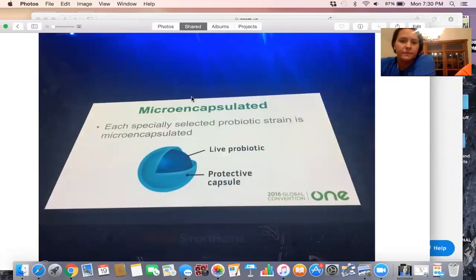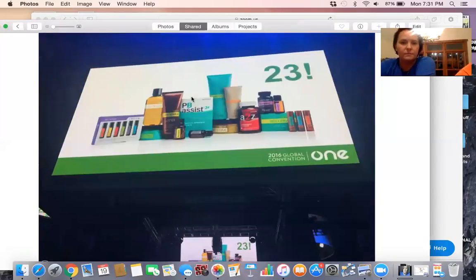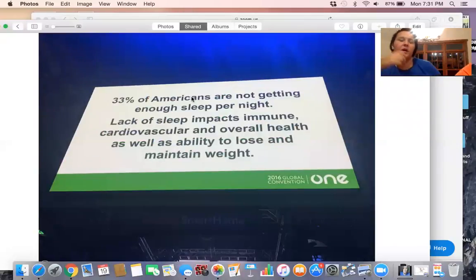That's a diagram description. That's how they encapsulated it right there. So there's the two together, and then there's all 23. It was pretty sweet. And we're going to go through the rest of them. There was a speech on sleep, which we're not really going to talk a lot about, but we